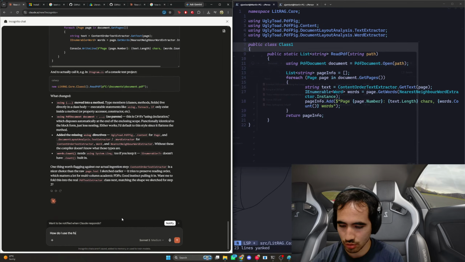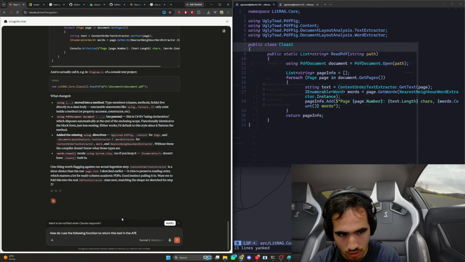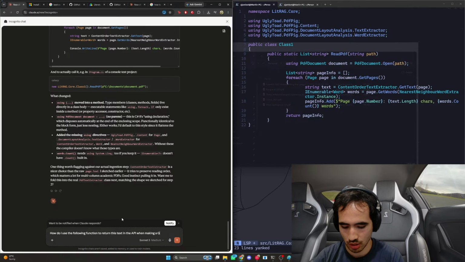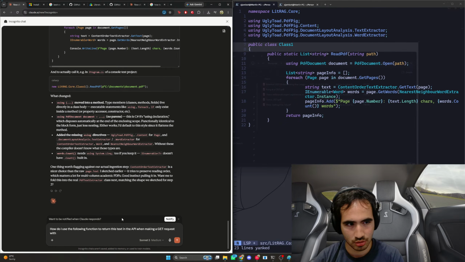How do I use the following function to return this text in the API? When making a GET request with a path as part of the query string, I guess.